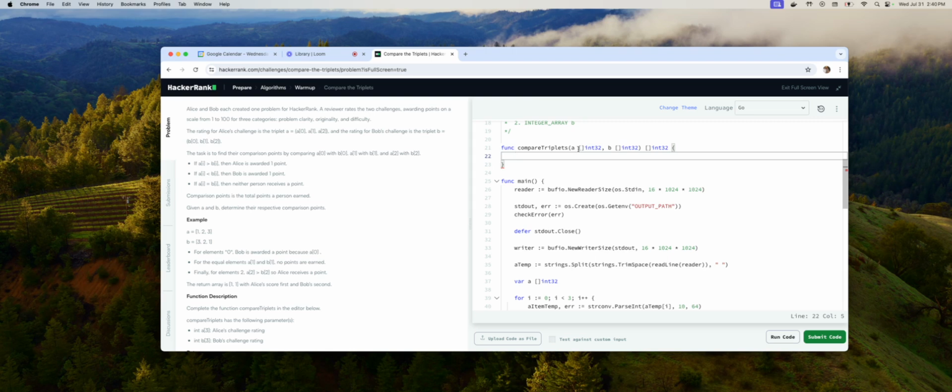So you compare each element one by one, you sum up all the results, and you return another array. This is the return array, and it will only have two elements. The first one is the score for Alice, and the second is the score for Bob. So the first thing I'm going to do is define an array that I'm going to return later. I'm going to define the variable var result, and that is an array of 2,